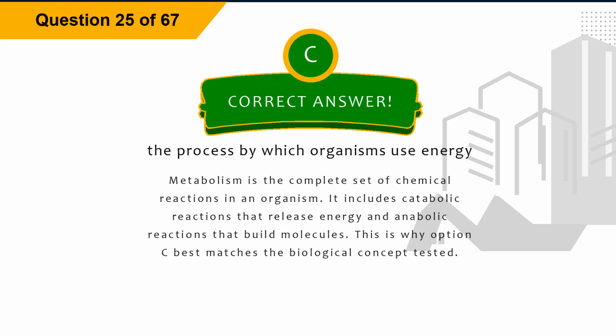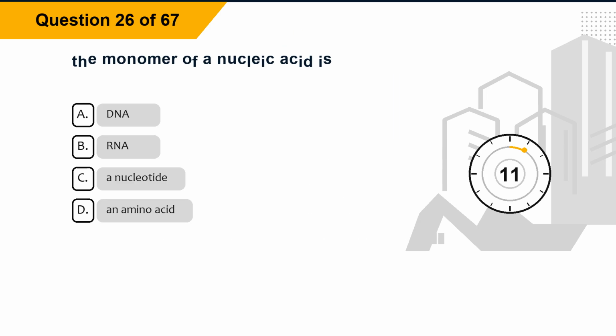Explanation. Metabolism is the complete set of chemical reactions in an organism. It includes catabolic reactions that release energy and anabolic reactions that build molecules. This is why option C best matches the biological concept tested. Question 26. The monomer of a nucleic acid is option A, DNA, option B, RNA, option C, a nucleotide, option